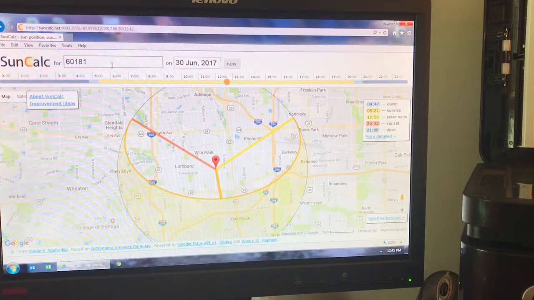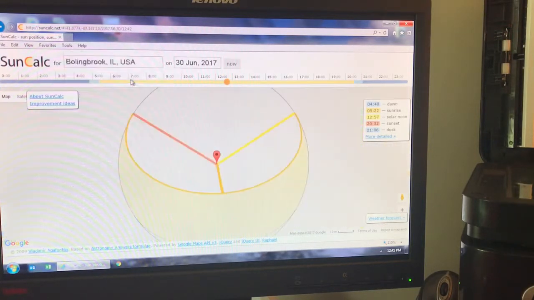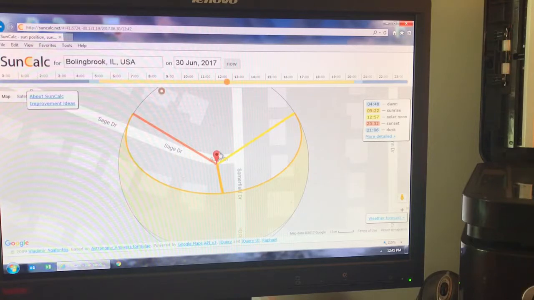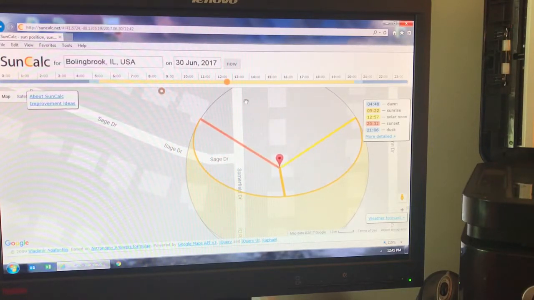So how we're going to do that is we're going to go to suncalc.net. And we're going to say detect my location. And this is my house actually right over here. Alright, so this yellow line is actually the sunrise, so when the sun comes up in the morning. And the red line here is when the sun sets, or when the sun goes down